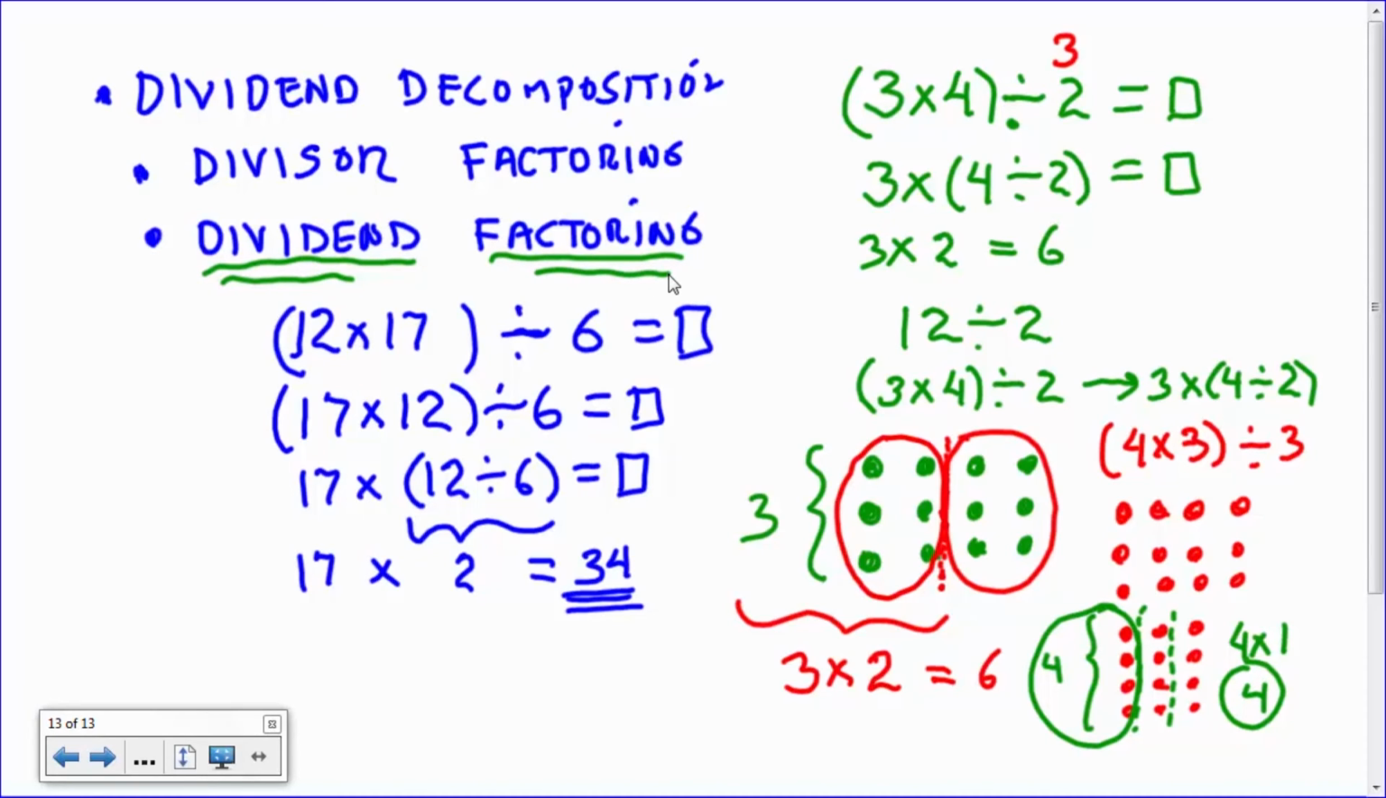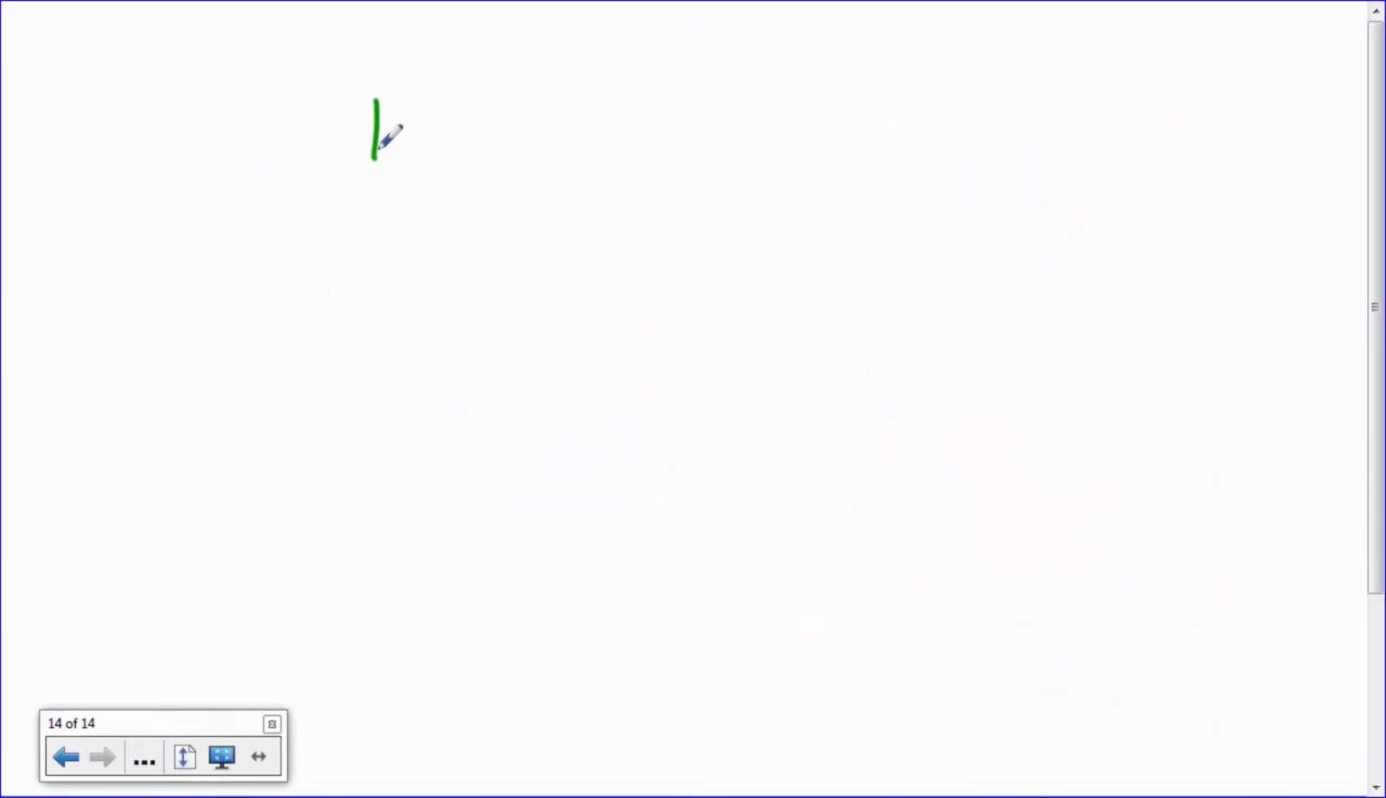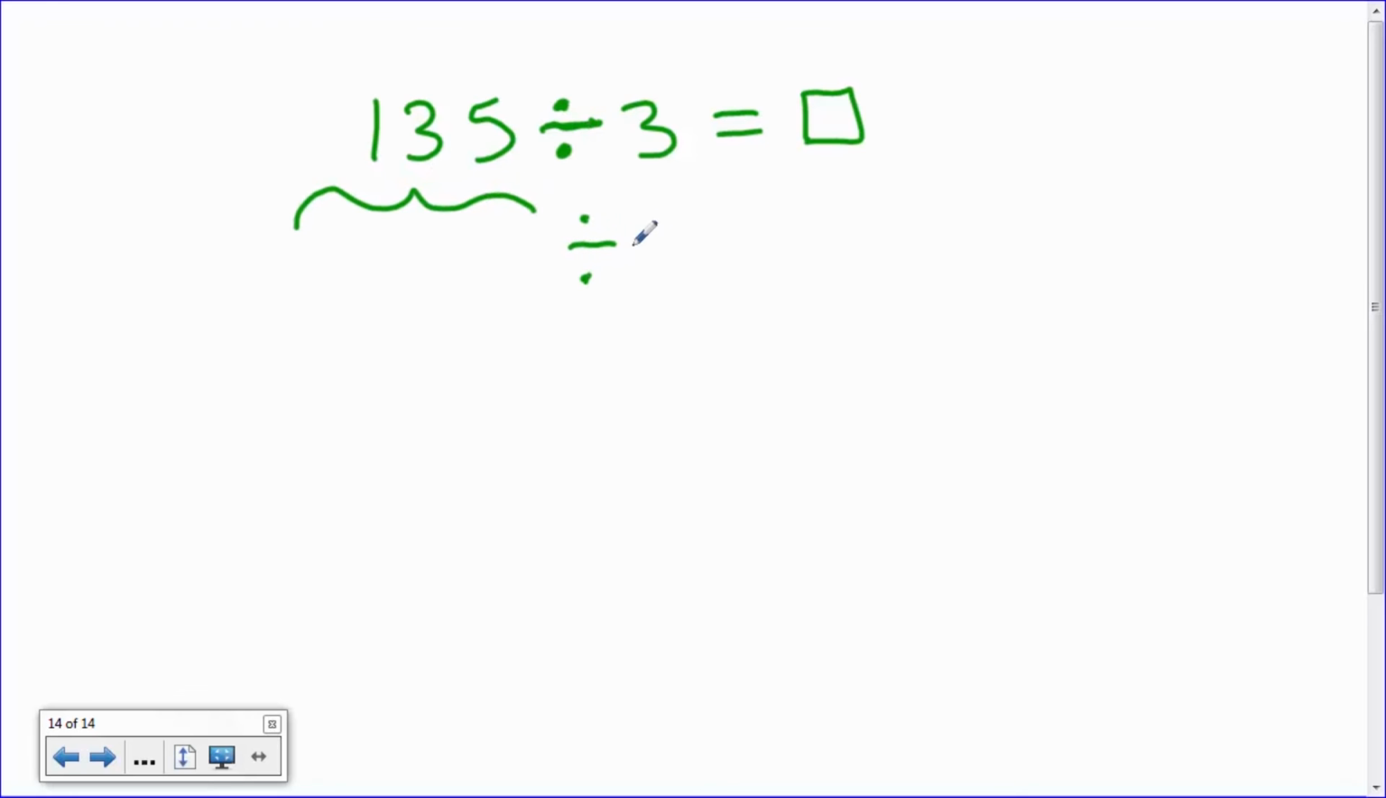Let's try it on another big number, like 135 divided by 3. Now you could either use dividend decomposition, or you could use... there's no need to use divisor factoring because it's already 3 and you know it's prime and I can't break it down into smaller parts. But I might be able to use dividend factoring by taking 135 and can I write it as a product where maybe one of the factors is divisible by 3. In other words, if I could figure out a way to write that as a 9 or a 12 or